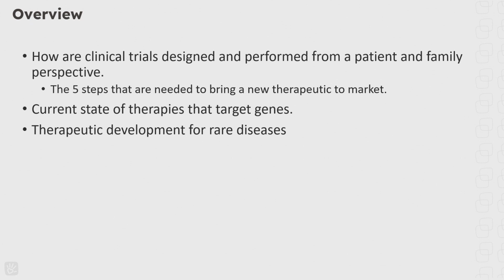It can get a little dry at times, so you're going to have to stick with me, but we'll talk about how a clinical trial is designed and performed more from the patient and family perspective. Although I have to say, I've been involved in clinical trials for a while, I actually learned stuff putting this talk together, and it comes down to 5 steps to bring a